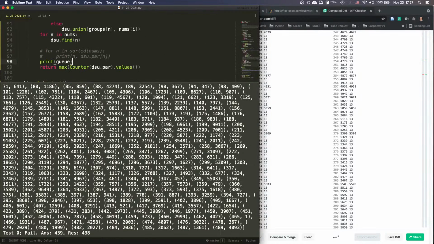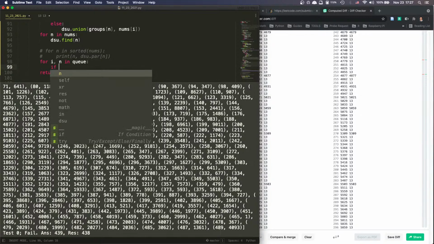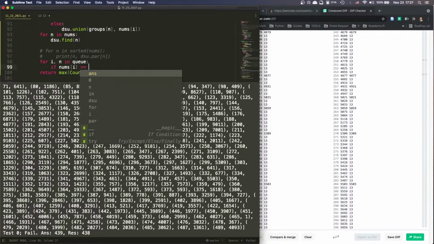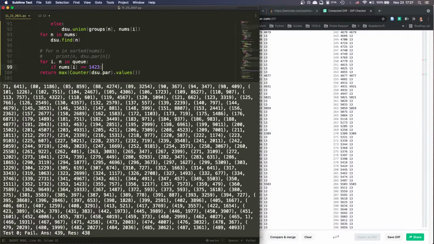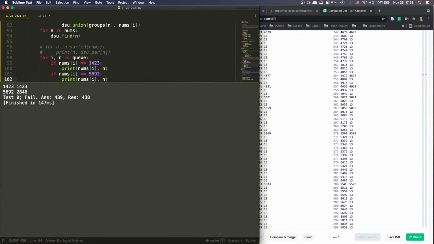Let's do this. All right, I'm gonna say for i, n in Q, if nums[i] equal to 1423, print n, print nums[i] and n. And if nums[i] is equal to 5692, I'm going to print again. So print nums[i] and n. So,